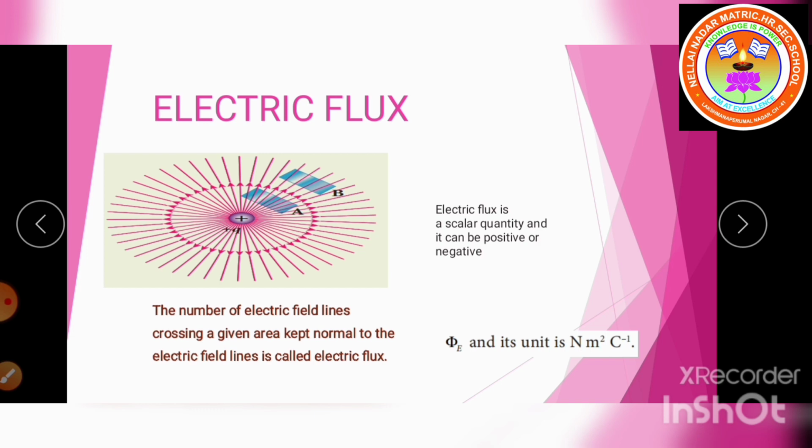Next, we are going to derive the formula for electric flux, that is, electric flux for a uniform electric field. Here I am going to consider one uniform electric field. Next I am going to consider one area A. If you see this area A, it is normal to the electric field. For this area, if I draw the normal, it is acting along the same direction as the electric field. It is very important.